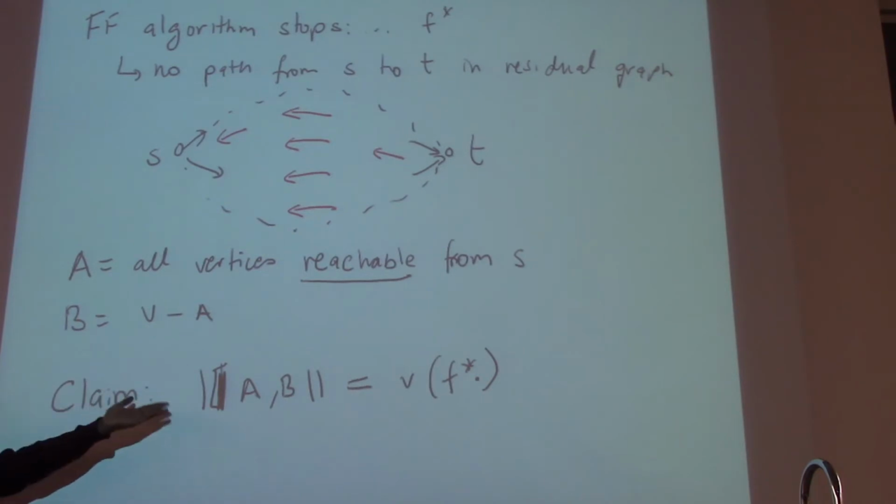So what is the definition of this cut value? It is the sum of the capacities of edges going from A to B, not counting the edges going back from B to A. Right? Okay. So let me make a subsidiary claim. So let's look at the picture here. We have a picture that looks like this. This is my set A, and this is my set B. And I have a bunch of edges going forward and maybe some edges going backward.